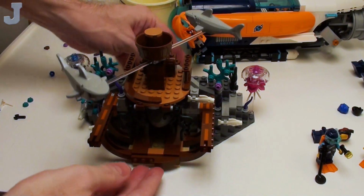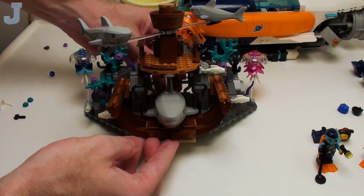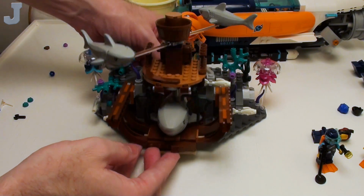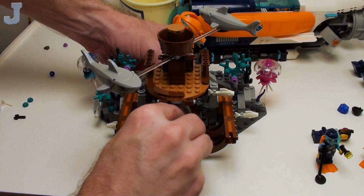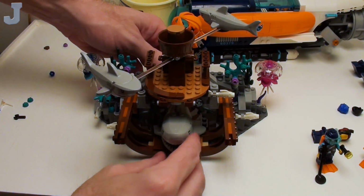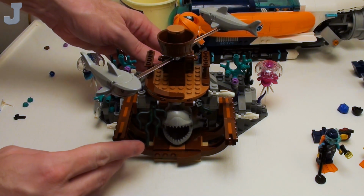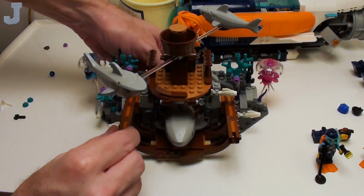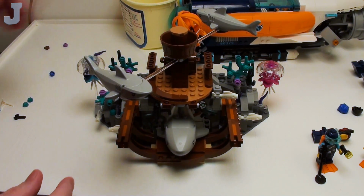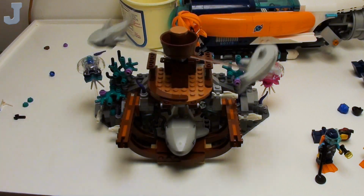Okay, so the seaweed here, this is where he lives at, and he just shoots out at you. Well, he comes right up, so you got to be careful. So you can leave this jaw open if you wanted to. That's playable, and then we got the magical hand from outer space showing you can turn that, which we already